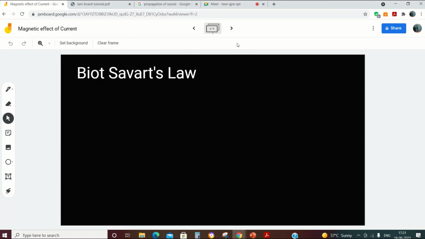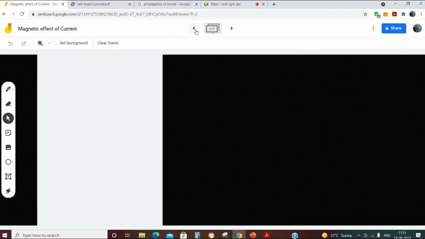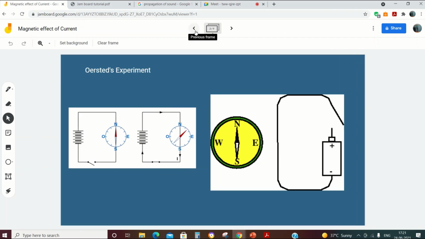A lot of equations are there, so I have prepared my lesson accordingly, and I kept another blank page so that the class happens continuously without any break. So this way you can prepare your lesson before the class. This gives a very good effect for our online classes.